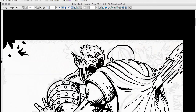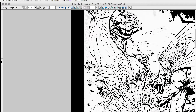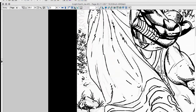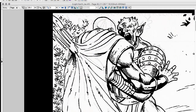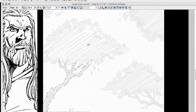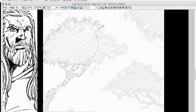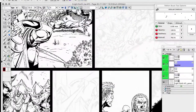Just laying in some drop shadows, a few little background elements to put them in an environment here. And again, backgrounds are generally the thing people least like to draw. They can actually be a lot of fun if you look at it as any other part of the drawing aspect. I mean, drawing people can be fun. It's generally the most fun. But it